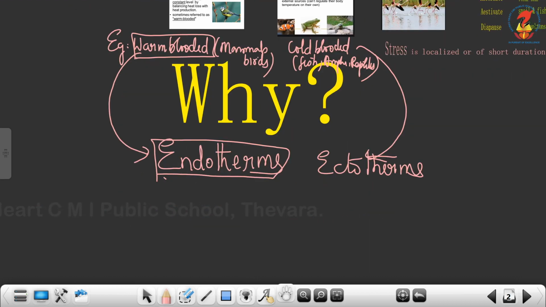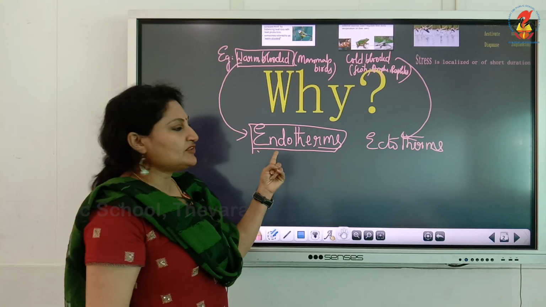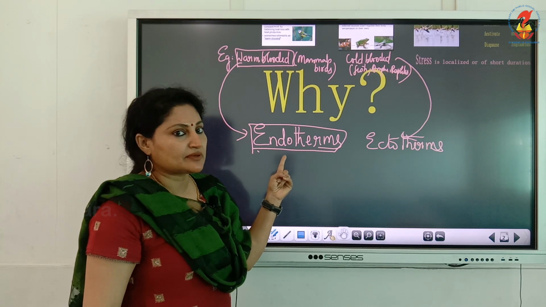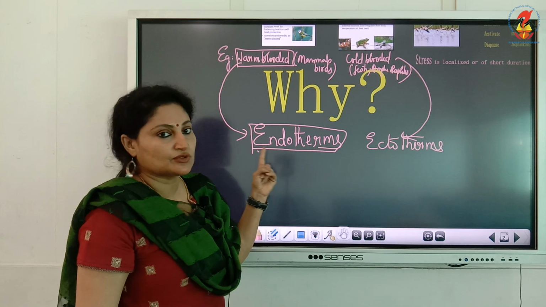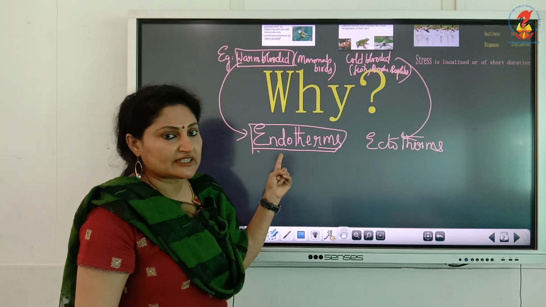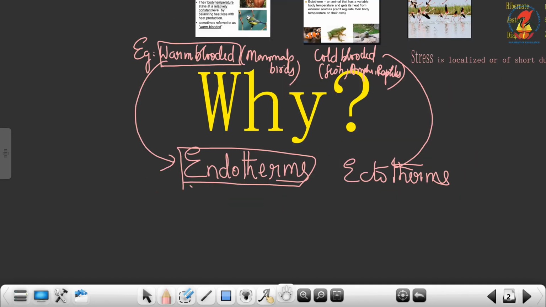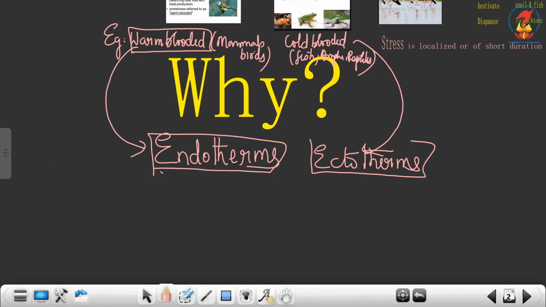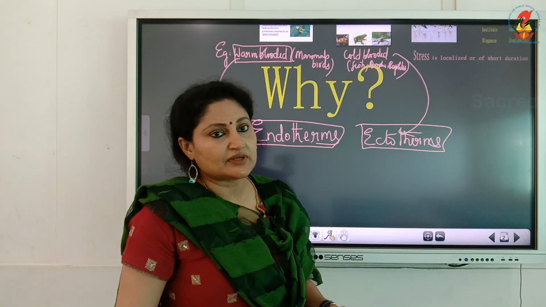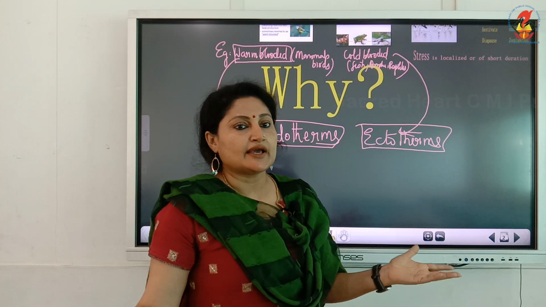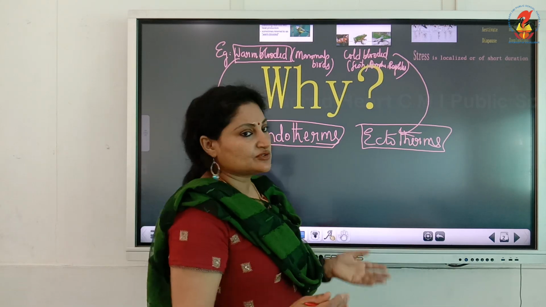And again I am reiterating the same meaning. They have the ability to maintain a constant body temperature and osmolarity, endotherms. That means in short we can say they have the ability for homeostasis, whereas ectotherms lack the ability of homeostasis. The meaning of that, their body temperature or osmolarity fluctuates along with the surrounding medium or according to the surrounding